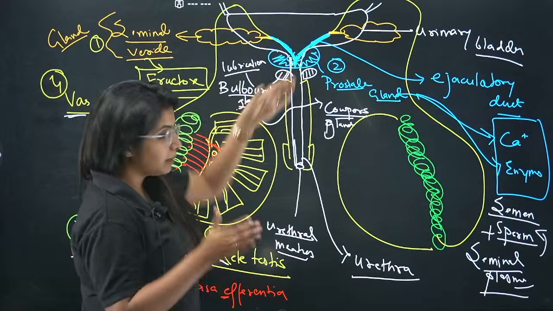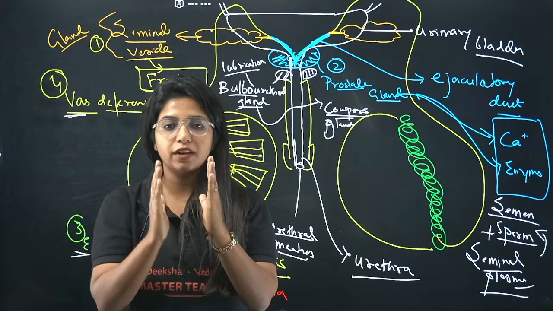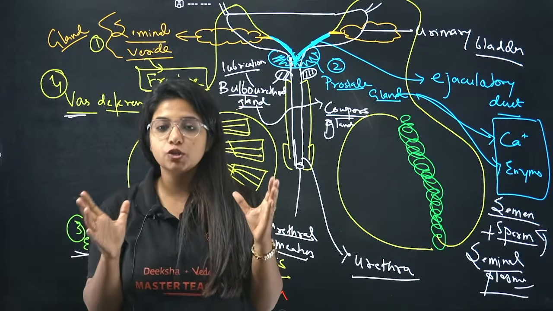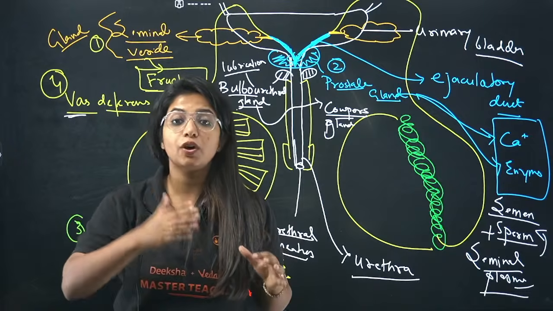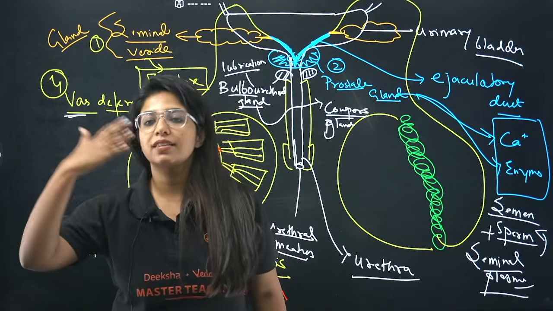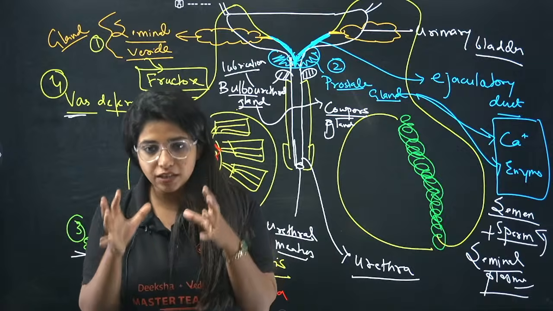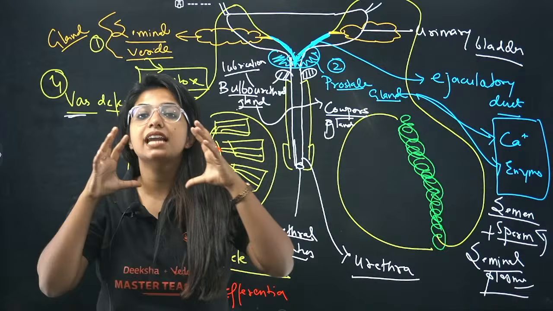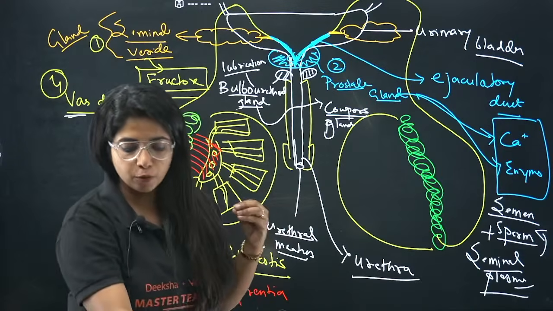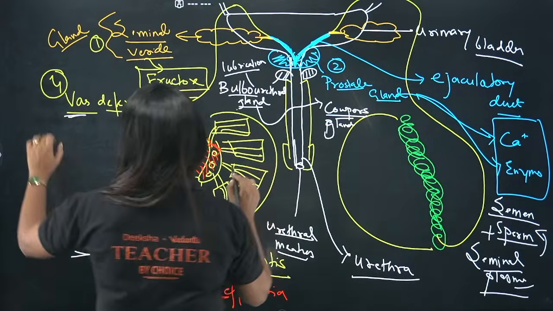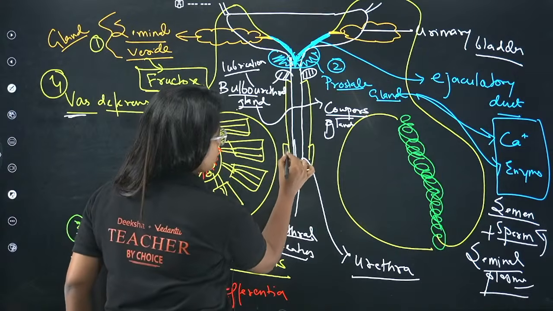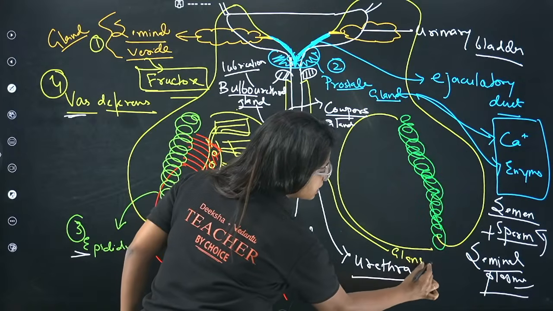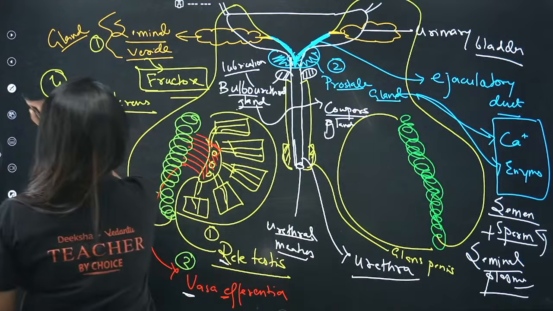In between, you have the urethra, which carries the sperm, and just outside it you have some erectile tissues. These erectile tissues are going to become erect and help in the process of sperm transfer later on inside the female body. So it is just made of erectile tissues, and this is the whole penis. At the tip, my dear children, it is enlarged. The enlarged portion of this penis is known as the glans penis.